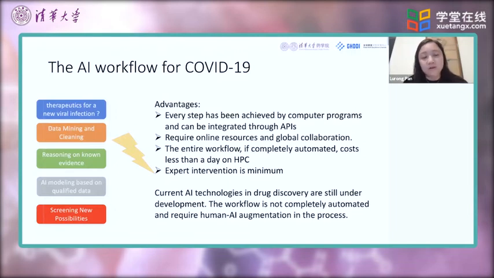However, the current AI technology in drug discovery is still under development. So the workflow is not completely automated right now and requires some human-AI augmentation, which is the word I like to use, to help bridge the gaps between different types of programs.